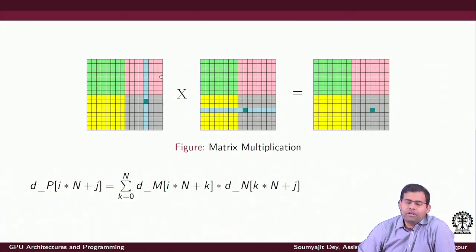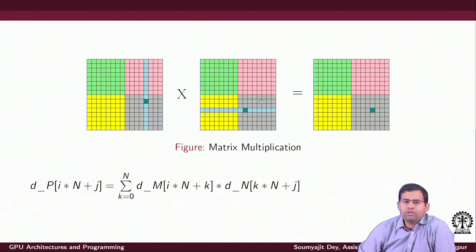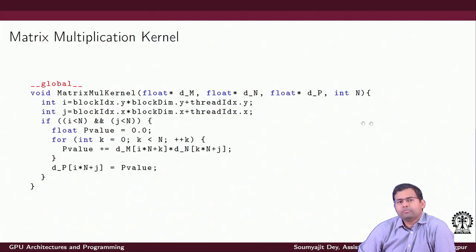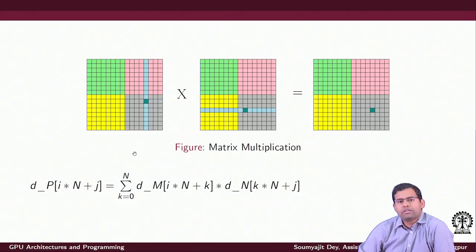Now as you can see, we have 4 blocks due to this grid definition of 2, 2, 1. Each of the blocks is marked here in different colors. These 4 different colors I have, and inside each of the blocks I am going to have these 64 threads as per the block definition we have discussed earlier. Now suppose I pick up any one of those threads. Let's say the thread at this point, which is highlighted here.